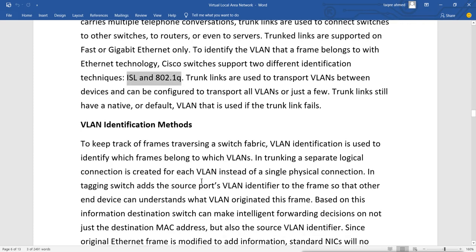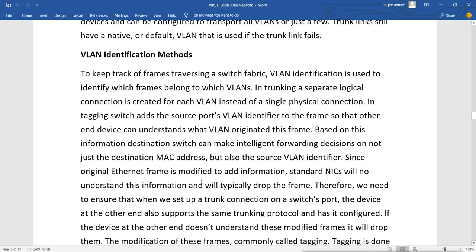It does VLAN identification. So what is VLAN identification? It is to keep track of frames traversing a switch backplane fabric. VLAN identification is used to identify which frames belong to which VLANs, and in trunking a separate logical connection is created for each VLAN, instead of a single physical connection.